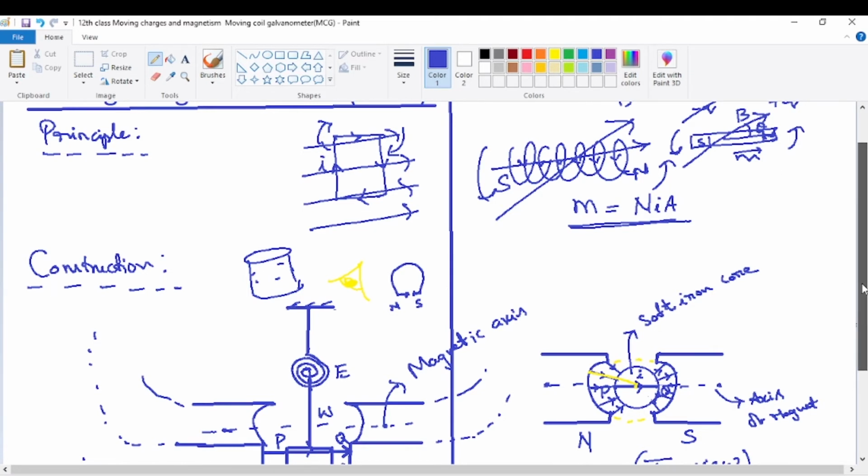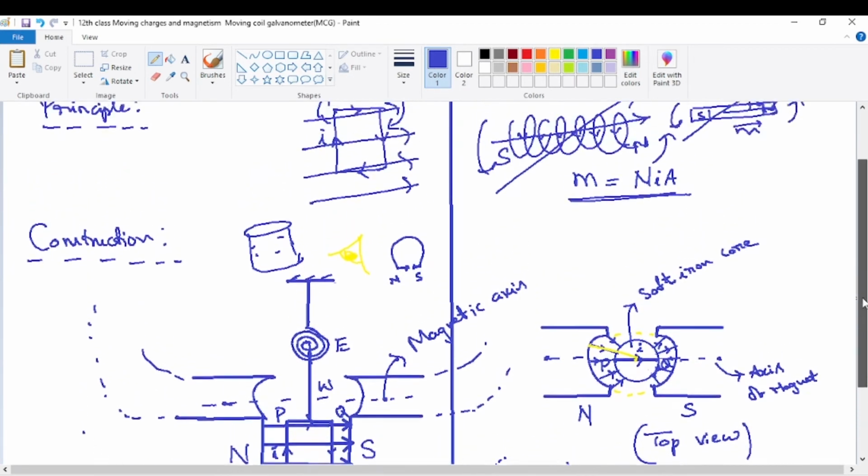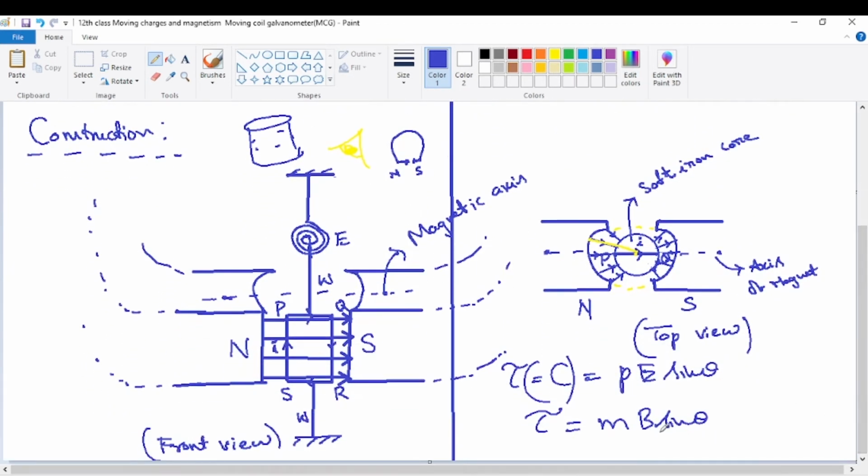So it can finally be proved that whatever is the torque acting on a bar magnet, mB sin theta, the same expression comes even for the torque acting on a circular coil. It comes again as mB sin theta. You can just check the proof. We did not see the proof here because the proof is not very important. Depending on the situation, I'll try to explain the proof, but that's not much required. Only some boards have that proof. You just check this.